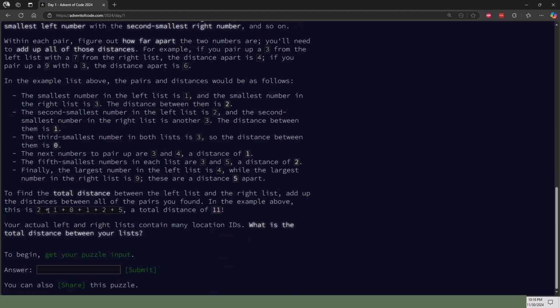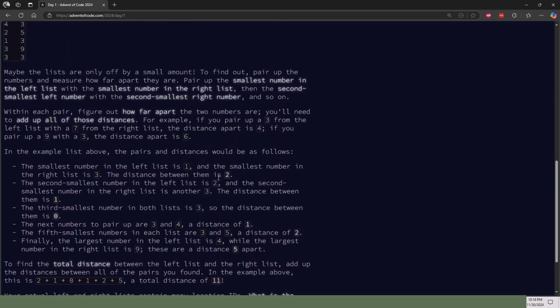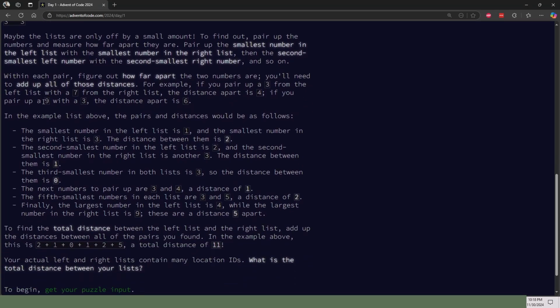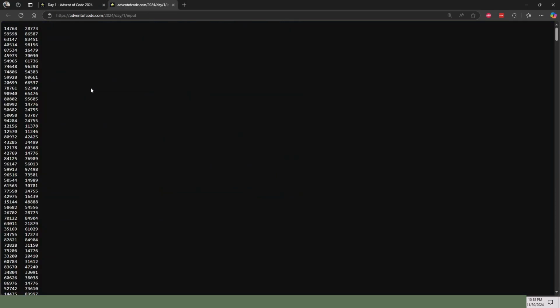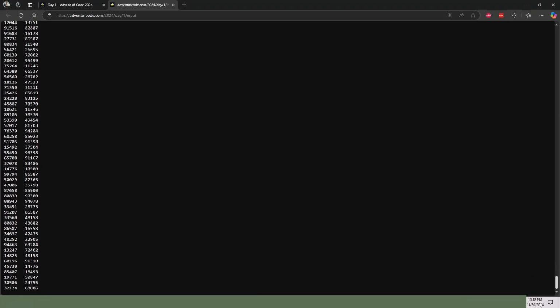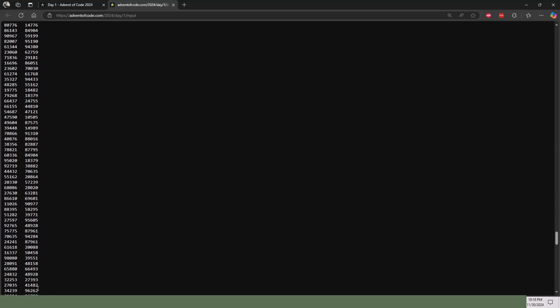Oh yeah, so that was for the example. The example is useful because we can use the small size of the problem to visually see what's going on. Just a handful of numbers that you can sort and calculate the difference for in your head. So for the puzzle input, we'll see that these numbers are bigger, seem to be longer. Looks like they're all still integers. And then the same format, left column, right column, 3 spaces.